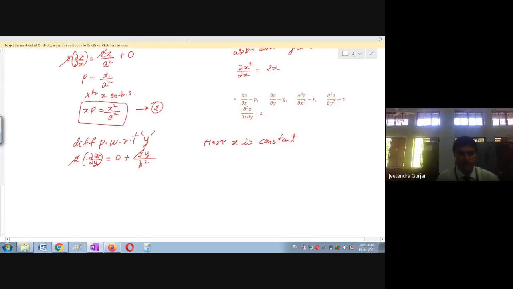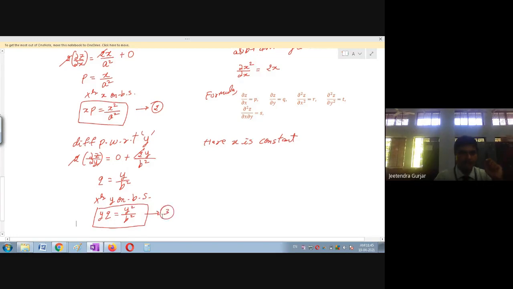You can see from this formula, please write it down everyone, ∂z/∂y is q. So I will write here q is equal to y upon b square. Again for simplification, I have already told you how to eliminate in a slightly different way. This is the different way I am using here. So what I will do again is multiply y on both sides. So this is going to become yq is equal to y square upon b square. Is it clear? I am going to take this as equation 3.